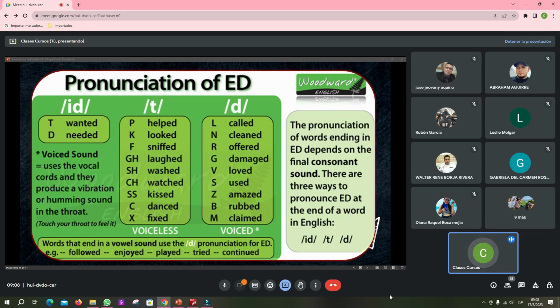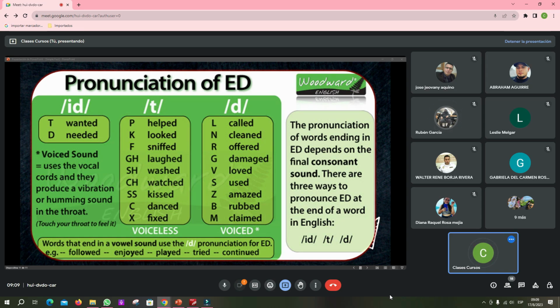But what about the grammar? Is it easy for you, the grammar of the simple past? We know the pronunciation is a little bit tricky, but what about the grammar? ¿Y la gramática, chicos? I think the grammar is easier because you have to make sure that you put the correct form. Okay, correct structure, right?